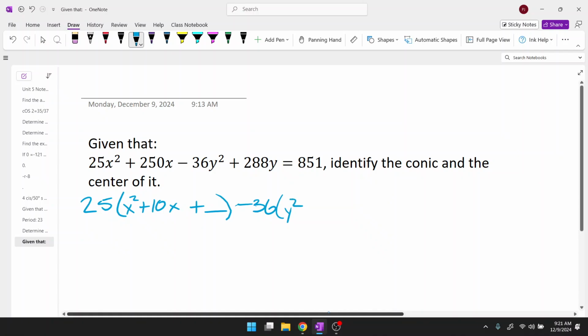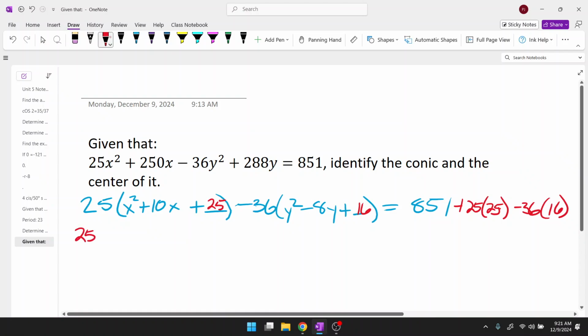And 288 divided by 36, that will be 8. And that should be minus 8y equals 851. Well, 25 is going to complete the square on this one. And minus 36 times 16. So this is 25 times x plus 5 quantity squared minus 36 times y minus 4 quantity squared equal to,